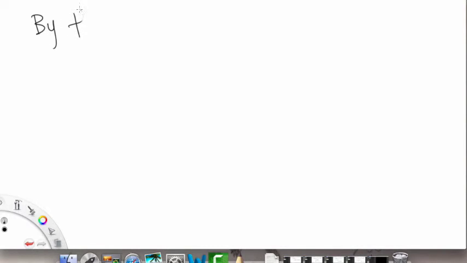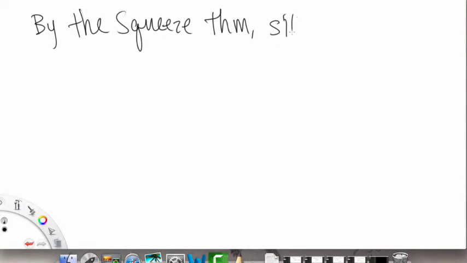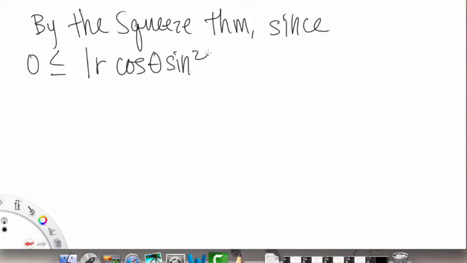By the squeeze theorem, it's going to look similar to the other one. Since 0 is less than or equal to the absolute value of r cosine theta sine squared theta, which is less than or equal to the absolute value of r,